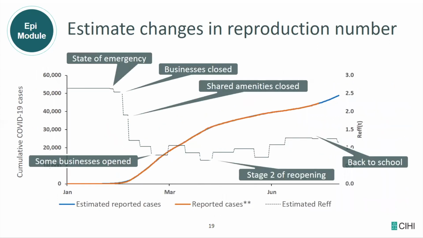Next one. So what the user ends up with is a visual depiction of the combination of dates and interventions, real life case counts, and model predictions. The EPI module also has a feature to let the user include importation cases, so some infections that actually came from outside of the jurisdiction. As well, it has the opportunity to include super spreaders, and we know that they create a larger number of infectious individuals in the community.